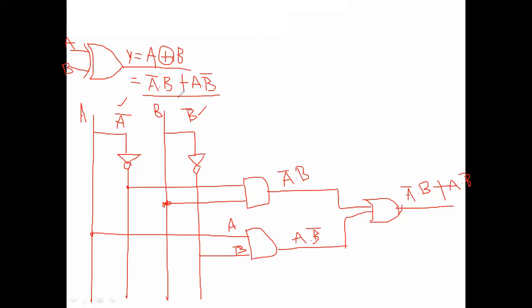Do you understand? Here two inputs are there. Suppose if three inputs are there, then we draw the lines like this: A bar, B bar, C bar. So this is a way to draw the logic diagram. Y is equal to A exclusive OR B. The expression for this is A bar B plus A B bar. This is the exclusive OR gate expression.